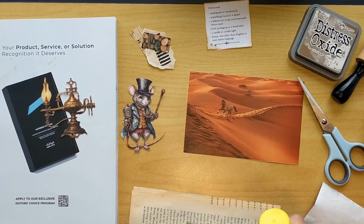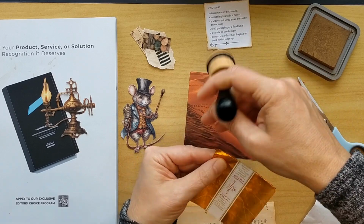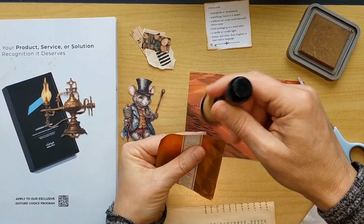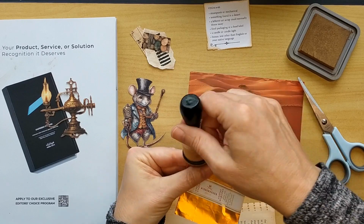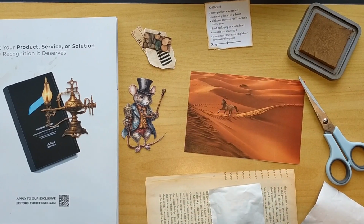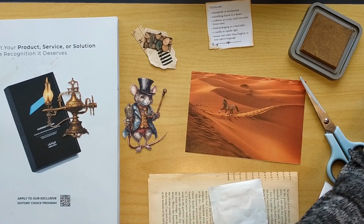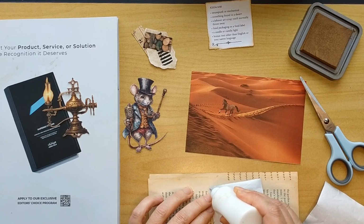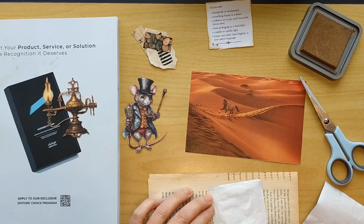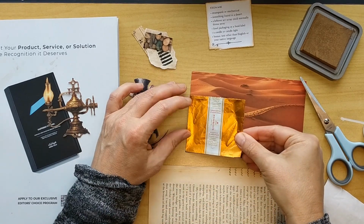But maybe before, I'm using a little bit of my oxide ink. Everything goes better with oxide ink around the sides. I always find it looks more finished, and I don't know. Let me know what you think in the comments. Do you love using Distress Oxide ink? I really do. Okay, gluing that one